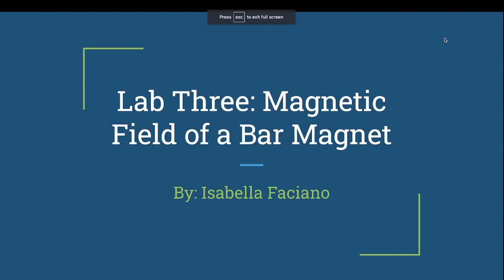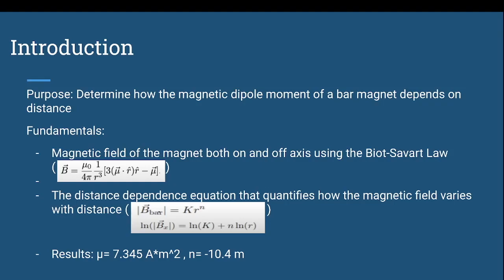My name is Isabella Faciano, and this is Lab 3, Magnetic Field of a Bar Magnet, for Physics 2212 at Georgia Tech. The purpose of conducting this experiment is to determine how the magnetic dipole moment of a bar magnet depends on distance. The fundamental physics principles that govern this lab are using the Biot-Savart law to calculate the magnetic field